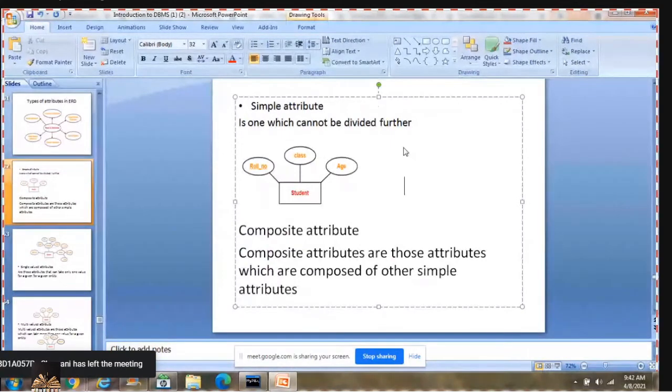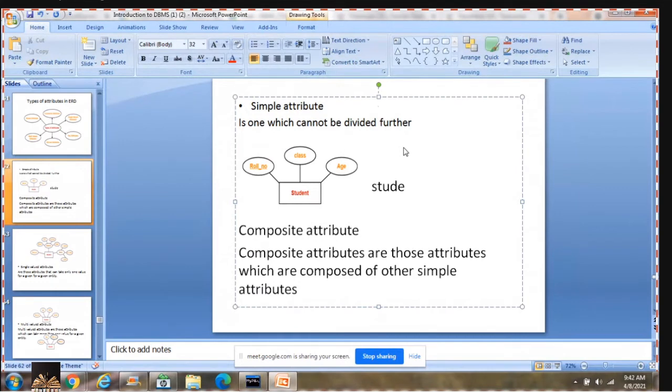Now, if I want to convert this student entity into a table, my schema would be student, with roll number, class, followed by age. This is my schema definition of student.